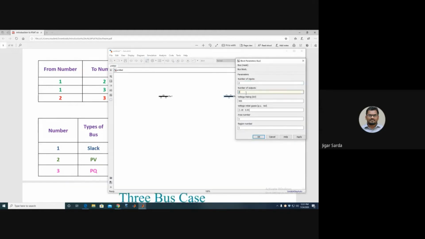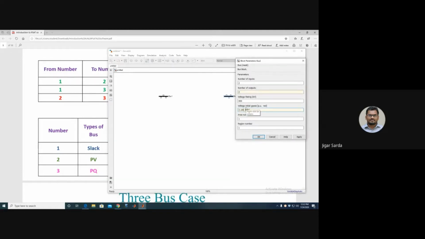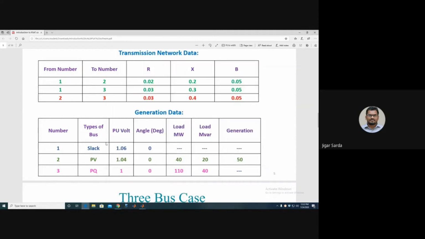Output is 2, 400 kV, and the voltage of bus number 2 is 1.04. Angle is 0. Apply. Okay. So we have drawn the second bus.